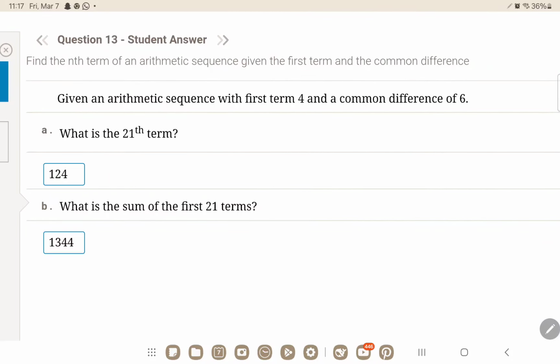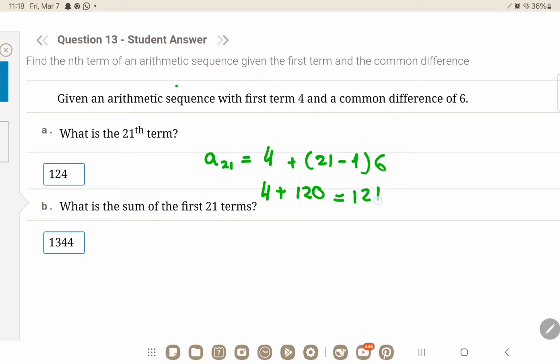Okay, given an arithmetic sequence with the first term 4 and the common difference 6. So, you want what's the 21st term. So, A21, we know it's equal to A1 plus n minus 1 into d. So A21 would be first term 4, then 21 minus 1, and d is 6. So 4 plus 20 times 6, which is 120,